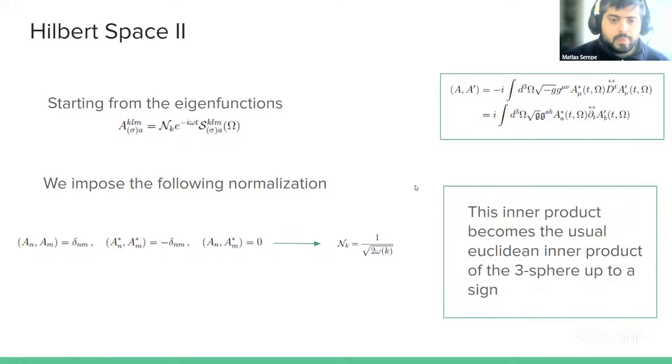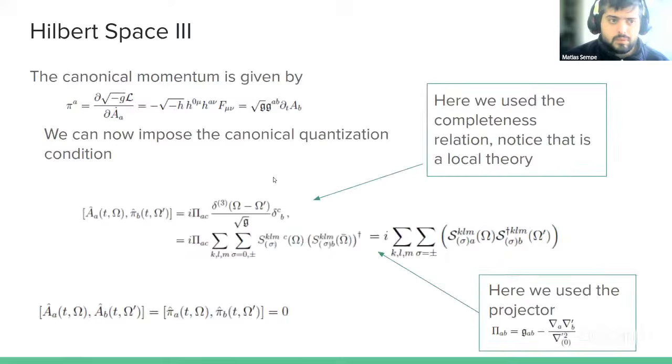Yeah. So we can do the canonical momentum, that is the derivative with respect to the temporal derivative of A in t. So doing this calculation, we get this, and we can construct the Hilbert space. We got Q and P,